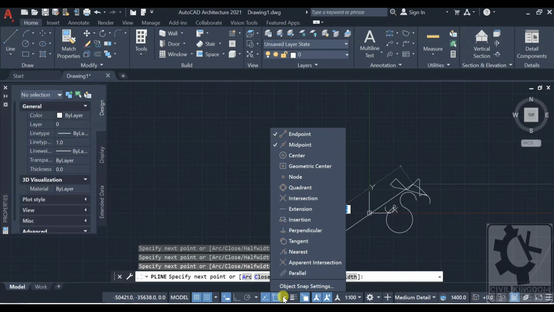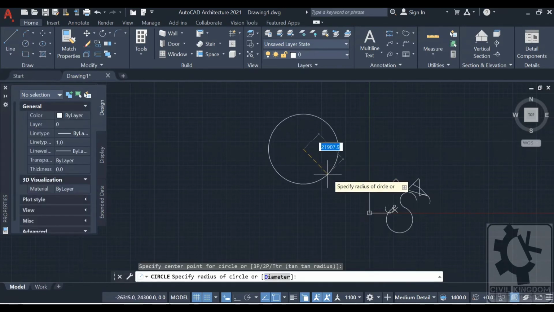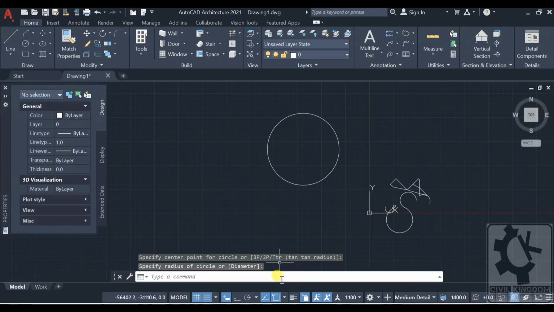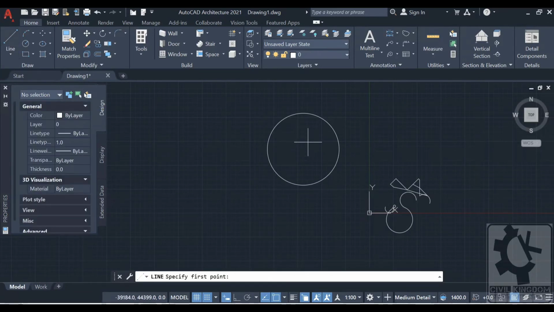So let's see another option, like you can connect the centers of a circle. So let's draw a circle first. Now if you draw a line, it won't show the center here.